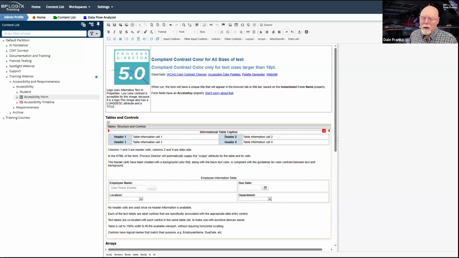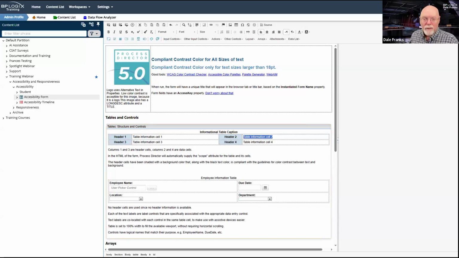So notice up here, I have header 2 in one cell, and then I have the information in another cell. And we often think, well, I need a label. So I'll create a table like this, and I'll put my label right there, and then I'll put my data entry field right here. And that'll look really cool.